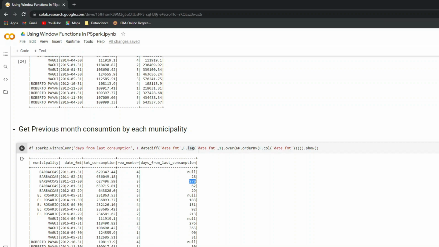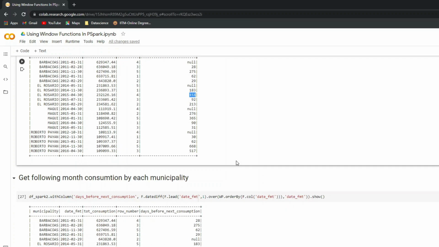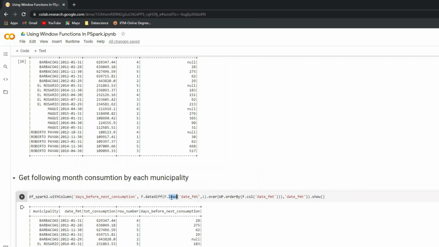And you can also see for the other municipality, for the first value you get null, and the difference between the next value and this value is 183 days, and this is 151 days. In a similar way, if you want to know the days between the next row reading, the following month reading, and the current row reading, you use the functionality called lead here. Lead is similar to lag, but the only difference is lag will go backwards, lead will go forward.